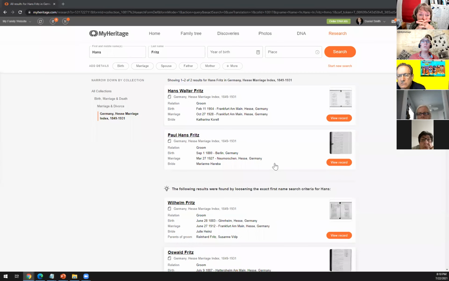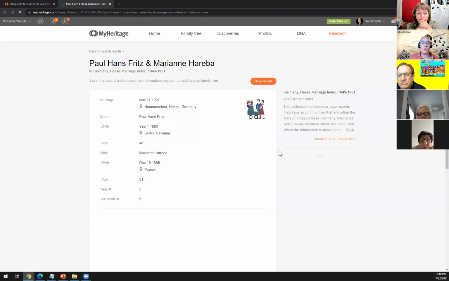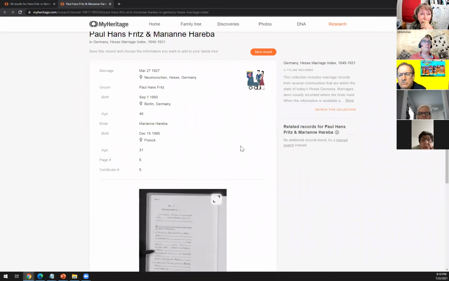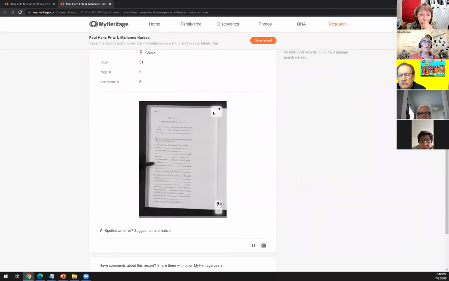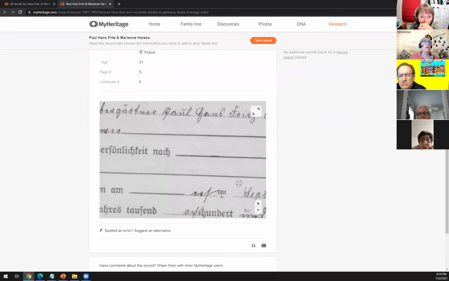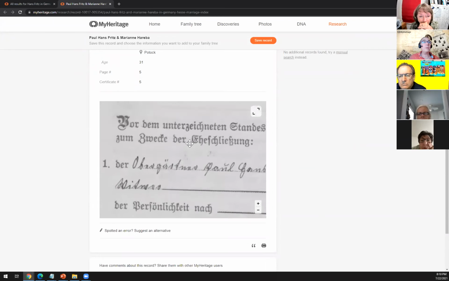So all you need to do is just click any place in here. Let's go with this one, for example, and you will be able to see the transcription of the details from the record, and you will be able to zoom in and see the actual record. And this, I have to say, is a beauty, because the record is pretty much readable if you are used